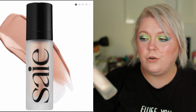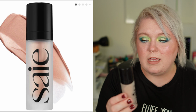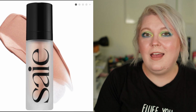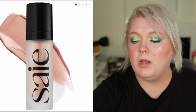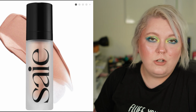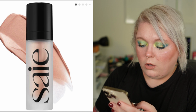I have currently this one. This is the shade Star Glow, the lightest they had to this point. And this is my second bottle actually. I emptied a small one. No, one small one. Now I'm on one big bottle, and I already have another one as a backup because I love this as a glowy underpainting primer. I love them. And the new shade is called...